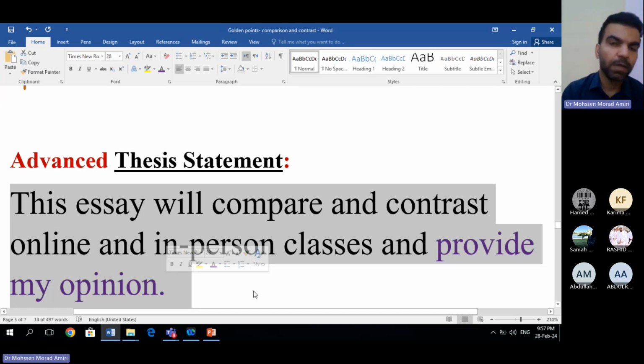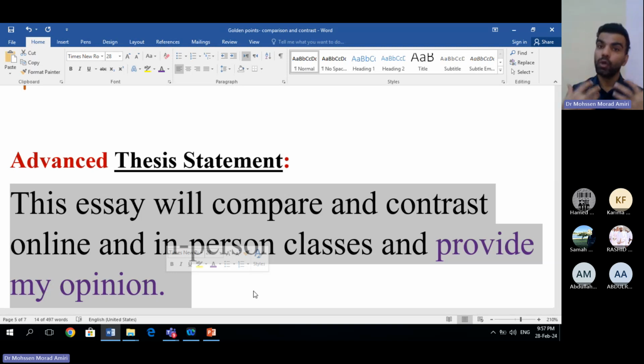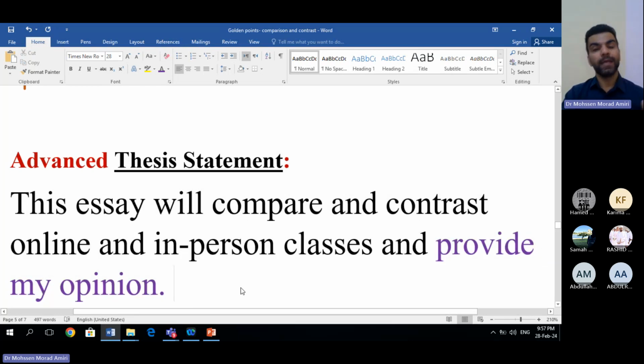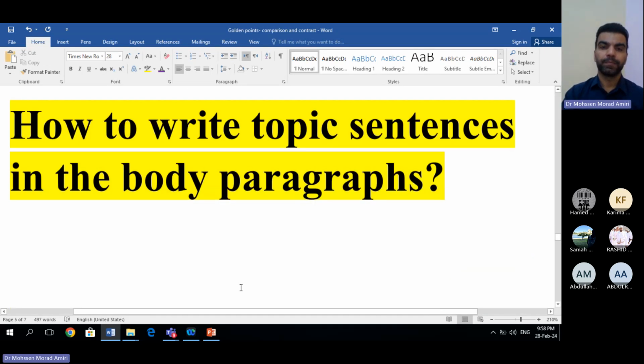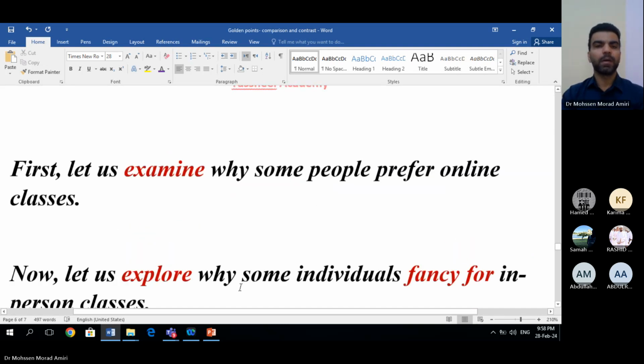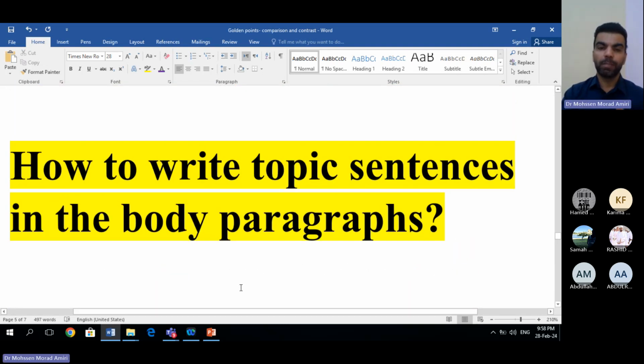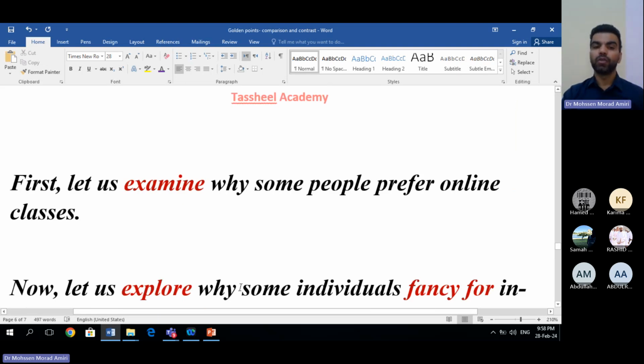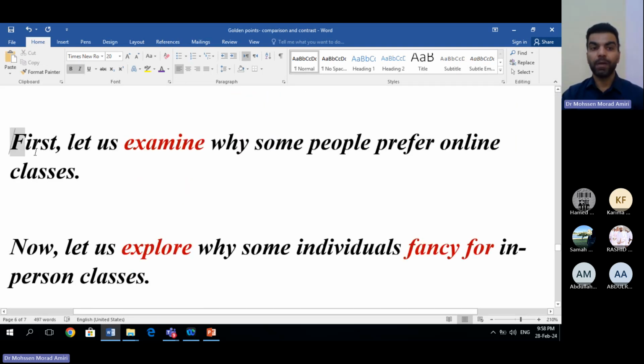So today, what did we learn? We learned some phrases that we should use. We should know how to talk about comparison and contrast, and then we learned how to paraphrase the question, and we also understood how to write a thesis statement. All right. About the body of your comparison and contrast, we will talk about it in the next session. I will make you familiar, for example, with how to make sentences.